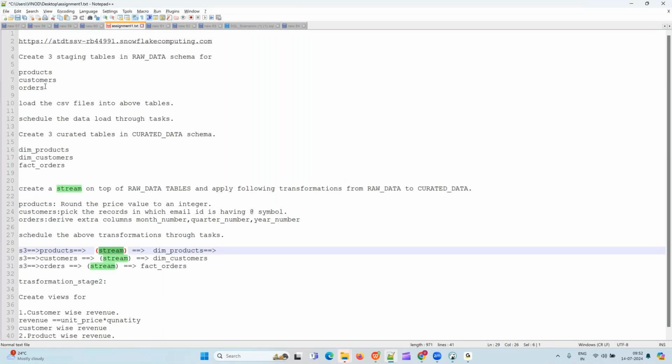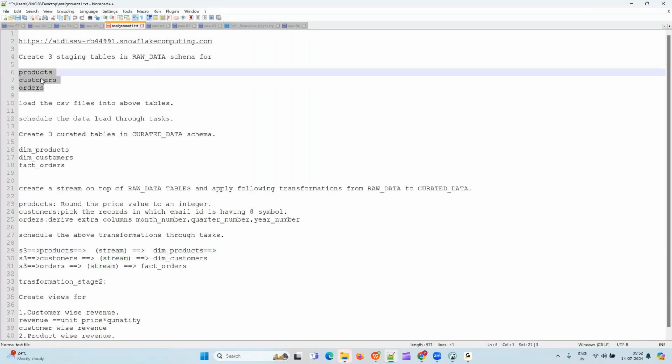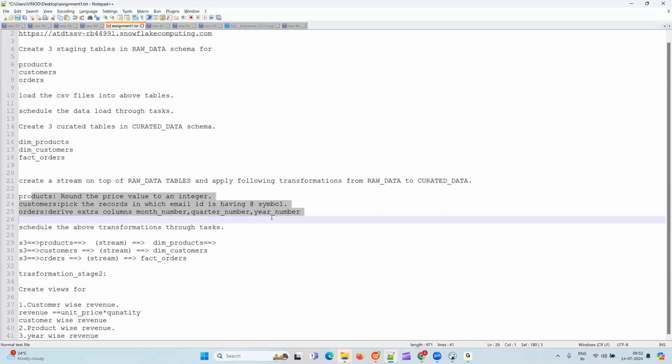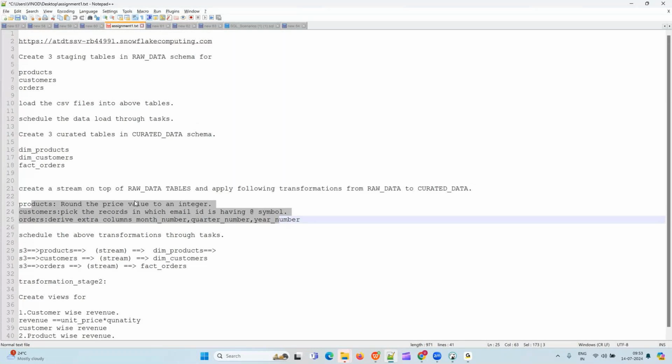So my questions will be like this. I will provide some real data sets from websites like Kaggle, like products, customers, and other generic data. Then you need to load it into Snowflake and do some transformations, like rounding the price, some basic transformations. Then there will be a second level of transformation: you need to calculate customer-wise revenue, product-wise revenue, year-wise revenue. This assignment question we are going to solve in 3 different ways: using Snowflake, using DBT, Airflow and Snowflake, and using Matillion and Snowflake. If you want to implement SCD here, we can do that. It's not a big thing.